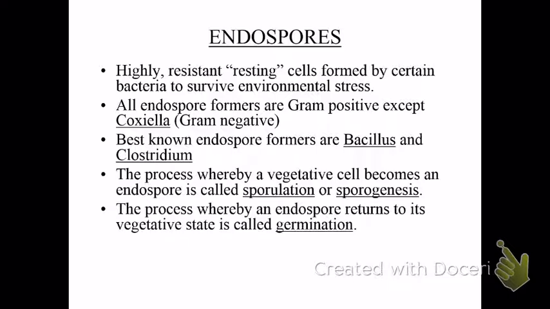Can survive almost anything. All endospores are gram-positive. You want to know that. Gram-positive, except there's one that is gram-negative, and we call it Coxiella. The two best-known endospore formers are Bacillus and Clostridium, and they're gram-positive. So right there, I've given you 3 examples of endospores: Bacillus, Clostridium, and the gram-negative Coxiella. Bacillus and Clostridium are gram-positive,